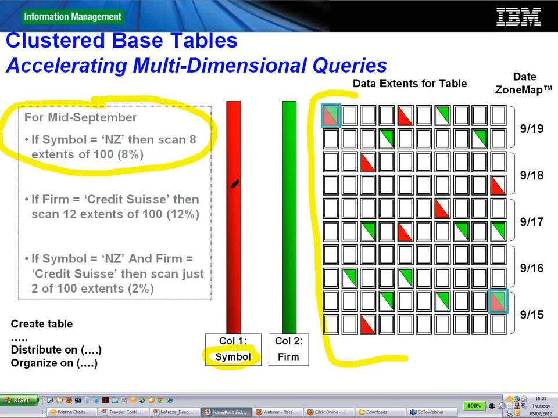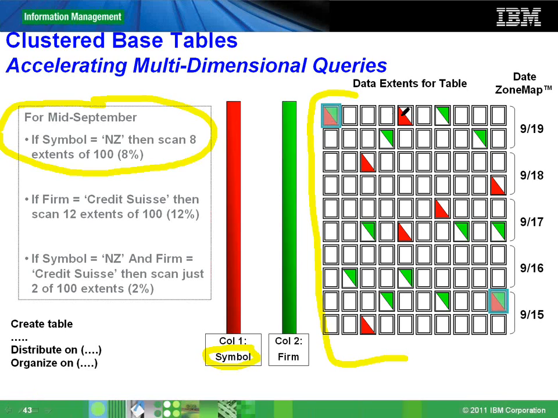If my symbol is NZ, the data where my symbol is equal to NZ can reside only in 8 out of these 100 extents. So I need to search only 8 of these 100 extents, right? Similarly, if the firm I'm looking for is Credit Suisse, I need to search only 12 out of these 100 extents.